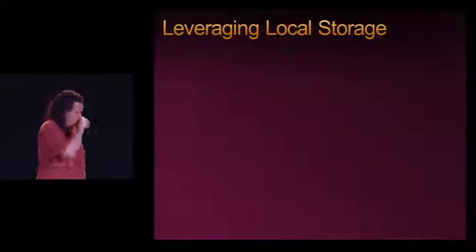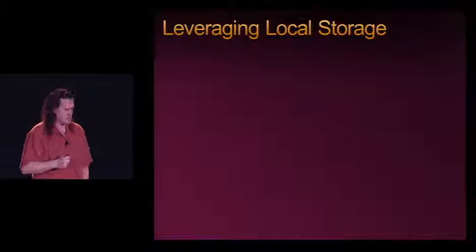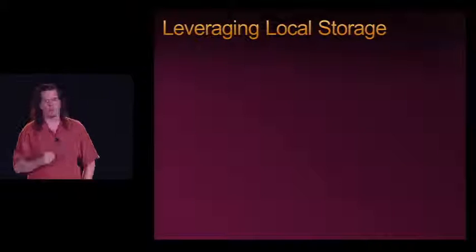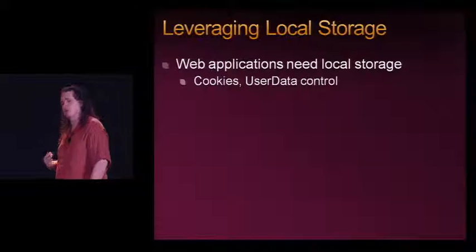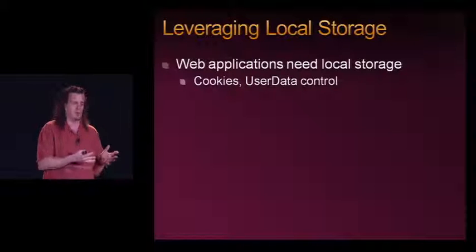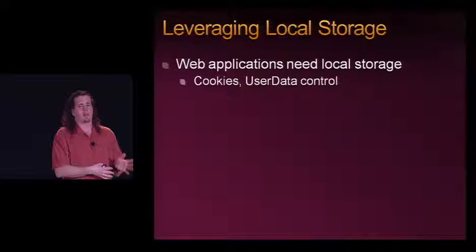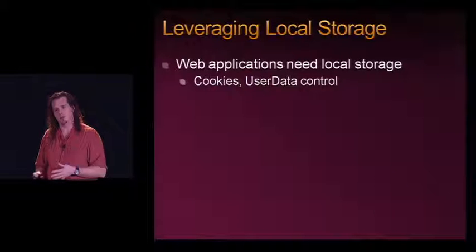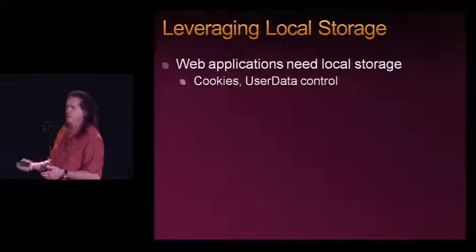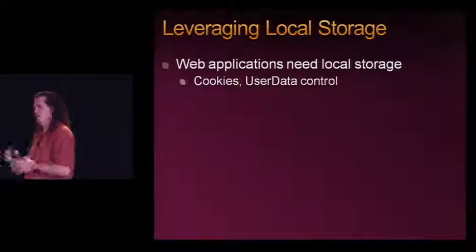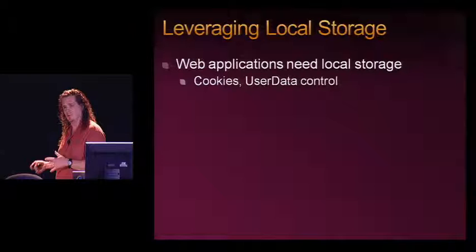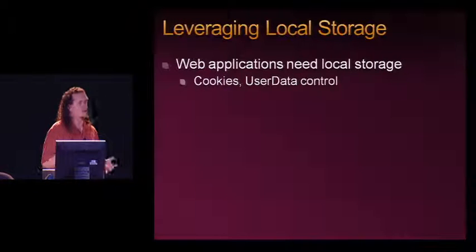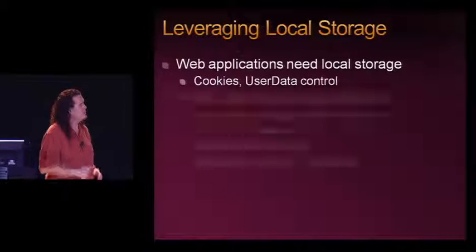Now, when I talk about the network being transient, there are 2 things that we really needed to do because of that. The first thing was providing a decent local storage cache. And we've done this before, of course. Cookies were one attempt to do that, but we're extremely limited. We did a user data control quite some time ago that was a little less limited, but very odd, let's say. Strange and difficult to use, and totally not cross-browser compatible would be another way to put it.